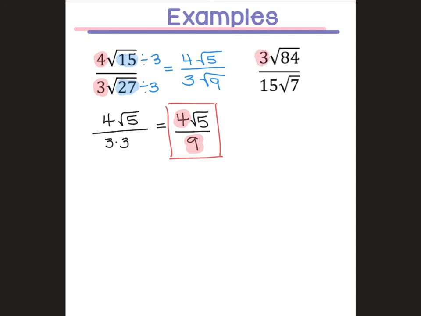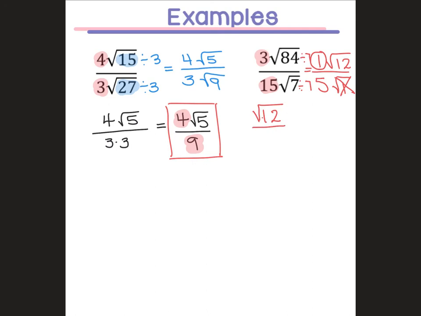On the last example, if I check the fraction out in front, 3/15 is the same as 1/5. I can divide 84 and 7 by 7. 84 divided by 7 is 12. 7 divided by 7 is 1. And we know the square root of 1 is just 1, so I actually don't even need to write this. I also don't need to include this 1 out in front, so rewritten, I really just have square root of